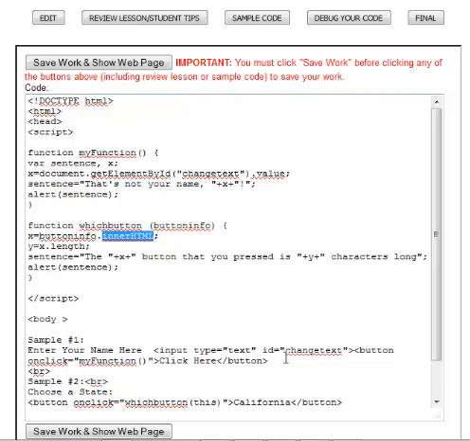Length is a property of the X, or of the string data type, and we're going to talk about this more in the next lesson. Don't go crazy if you don't know this. I just want you to get that you can pull text and values from the users, because now we're not just changing things, but we're